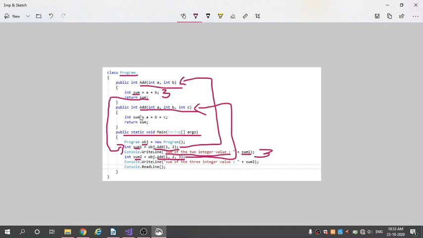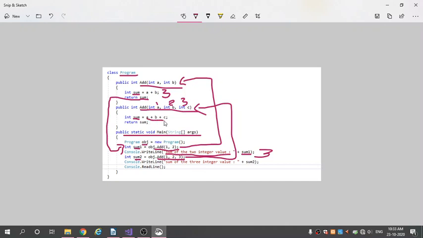You see here add int a, int b, int c will be called here, and that 1 value will be stored in a, and 2 value will be stored in b, and 3 value will be stored in c. 1 is here, 2 is stored in b, 3 will be stored in this c,